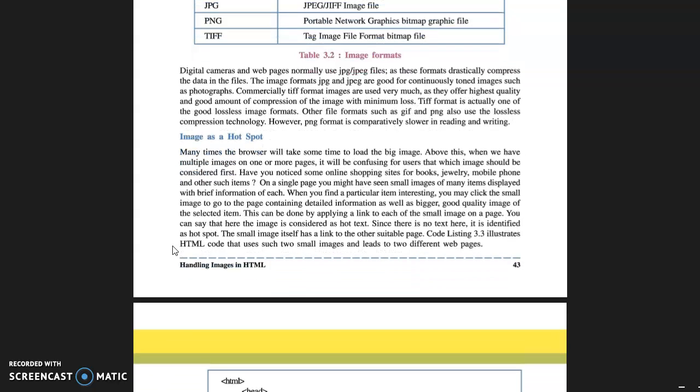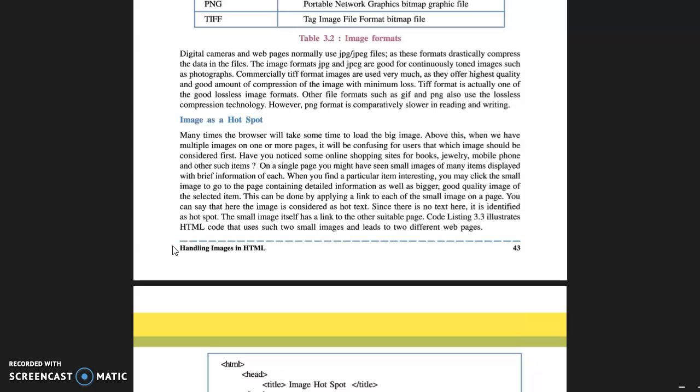Many times the browser will take some time to load a big image. On top of this, when we have multiple images on one or more pages, it will be confusing for the user which image should be considered first. Exactly, if there are 10 images on the same page, the user will be confused about which image comes first. How can we load the image?